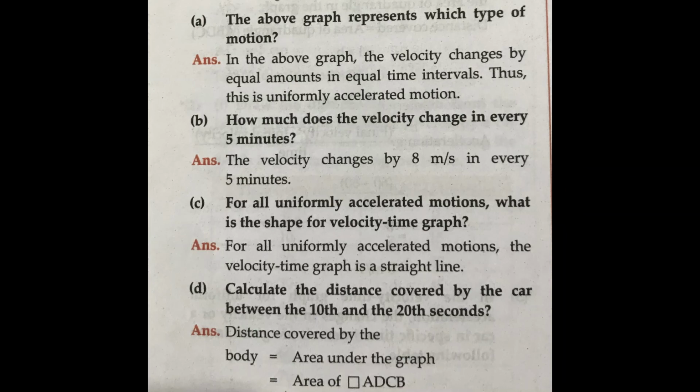On page number 6, you may see the use your brain power question: in the distance time graph above, what does the slope of the straight line indicate? It indicates the average speed of the car. And on page number 6, towards the end, with the help of the graph, how will you determine the distance covered by the train between 2 and 4 hours? Velocity is equal to displacement upon time, therefore displacement is equal to velocity into time. So it is 120 kilometers.